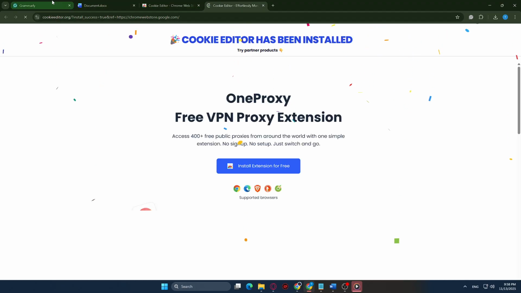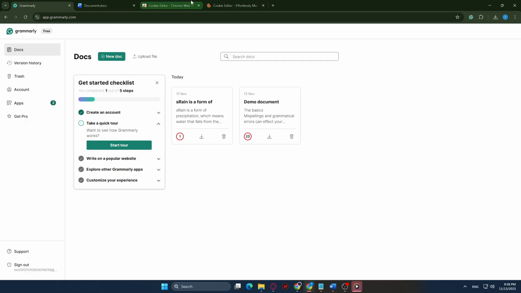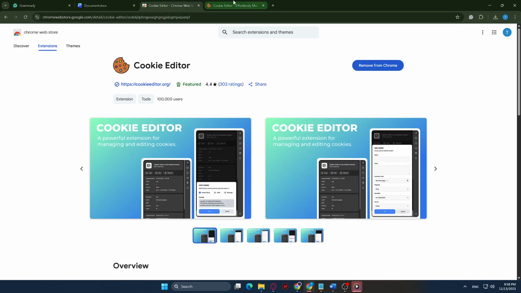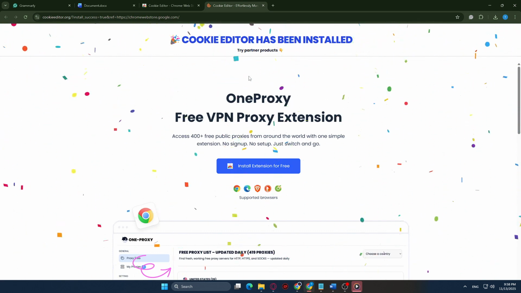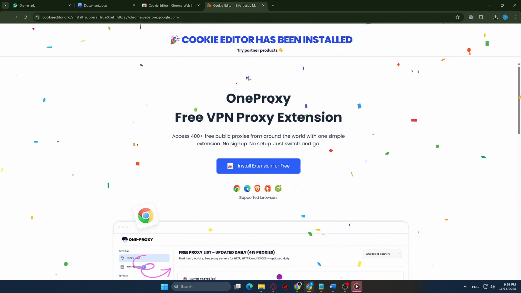After you find the cookie editor in the search results, click on it and then select Add to Chrome. This action will install the extension onto your browser. Extensions like these usually require certain permissions, so a pop-up may appear asking you to confirm these permissions. Go ahead and grant them if you're comfortable with what's being requested,